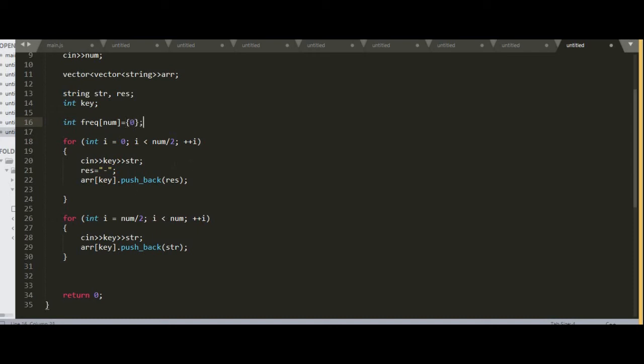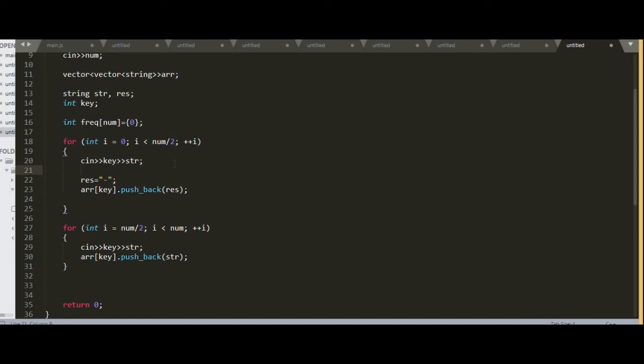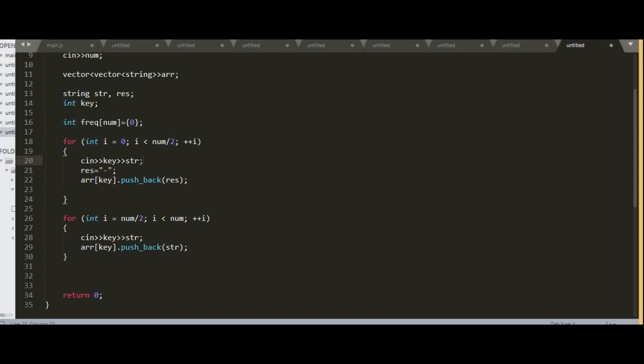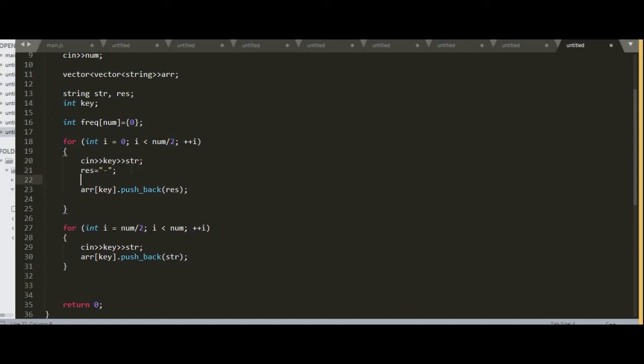Okay, and we need to use counting sort, so we need to update the frequency. So whenever any key value is present in my array, I would be incrementing it. Similarly this goes for here as well. So this makes a counting array.